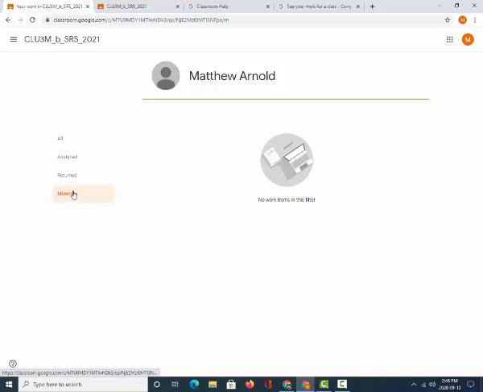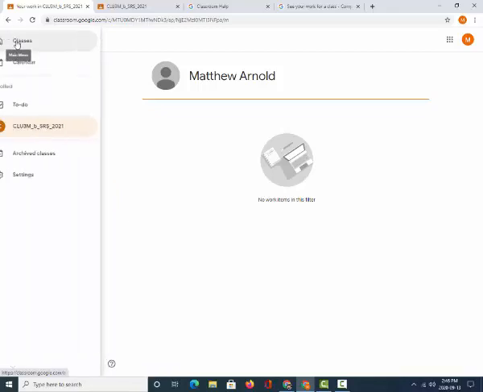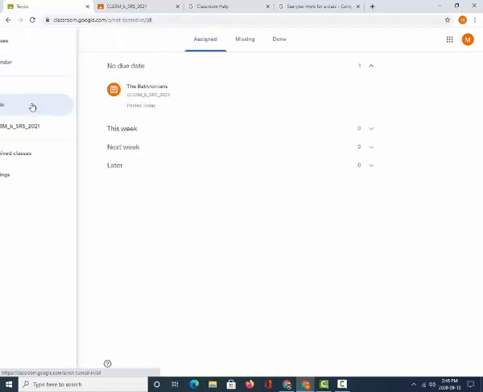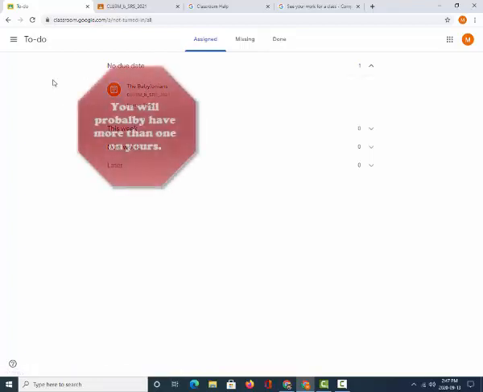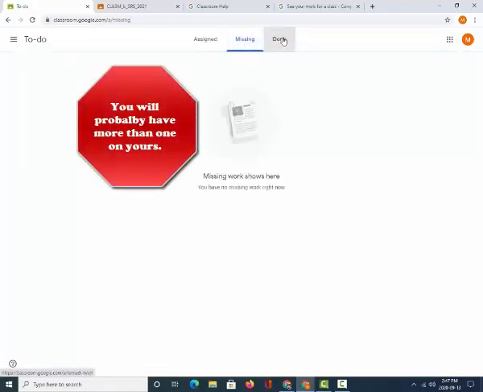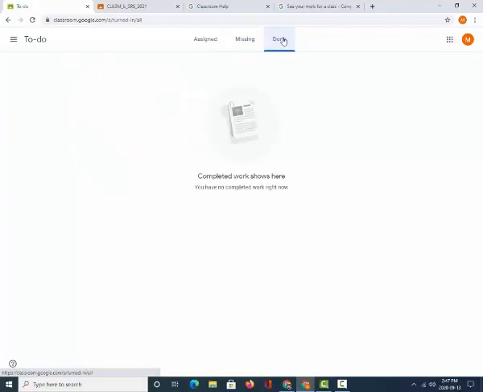Next, you can also access any work from the hamburger in the top left-hand corner by clicking on To Do. And you can see on To Do, there's only one class that shows up here. Under To Do, we see Assigned, Missing, and Done. Under the Done tab, this is also where you will be able to see graded work and an overall grade